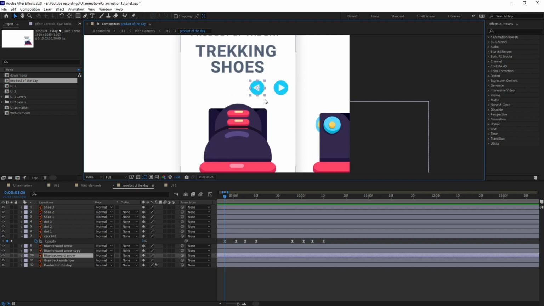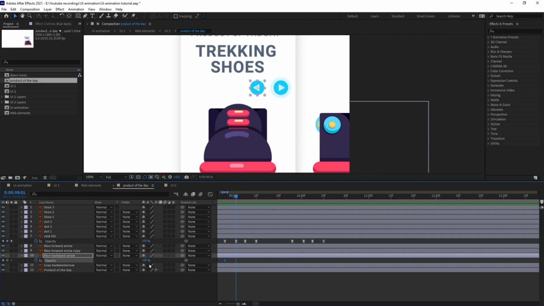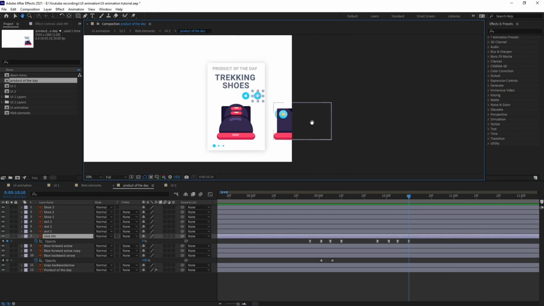Now another thing, you can see it in lots of catalogs that are available in e-commerce websites. When it is at the end of this list, the arrow turns into gray, and after that if you go backwards, the arrow turns into blue. So like this, we are going to use this concept over here as well. So again, when it is clicking, there is an option of going backwards, so this arrow will turn into blue. Okay, and after this click, this arrow will turn into gray,